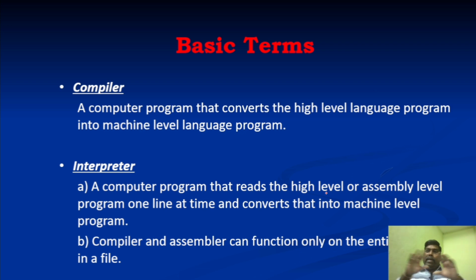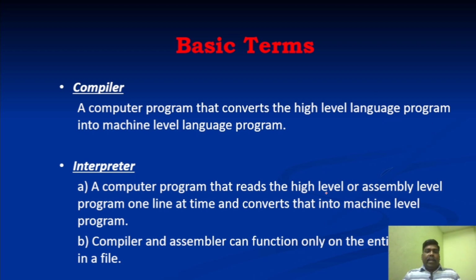right? The only basic difference is that an interpreter can decode the program line by line, that is one line at a time, but a compiler or assembler can function only on the entire program, right? So now you understand the basic difference between microprocessor and microcontroller, and we have seen what is von Neumann architecture, what is Harvard architecture, what are the other basic terms, what is an assembler, what is a compiler, and what